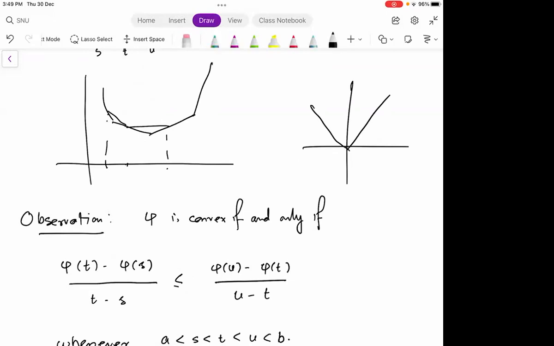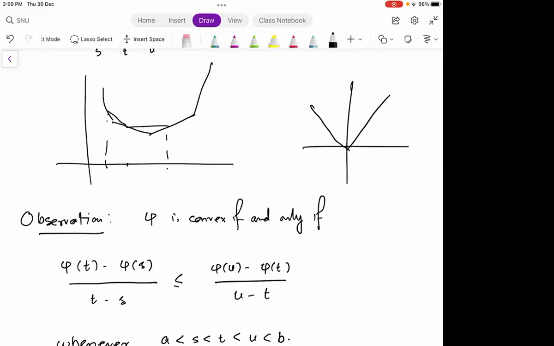I'm trying to motivate how one gets this idea. Phi is convex if and only if something I've written, and I'll prove it. How does one get such ideas? One gets such ideas by looking at the graphs of convex functions and guessing from there that maybe this is true, and only then tries to prove it. And how do you get this? Well, as I showed you,